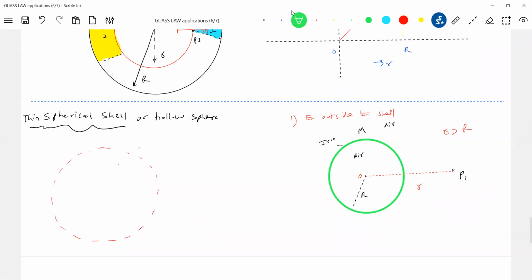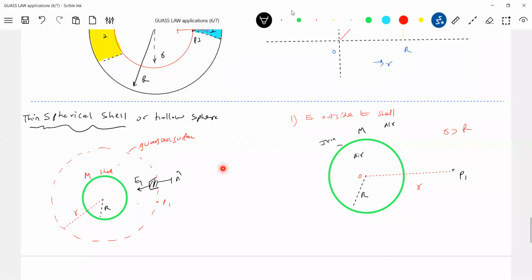There's a Gaussian surface, and this is the shell, and this is the radius r. Now what is that red dotted line? It is the Gaussian surface, and this is the shell. Agree? So where is our point P1? It lies here. Then on the Gaussian surface we assume a surface element, and n cap will come like this. E1 will come. E1 or E out, anything you can call it. Let me write E1 in this case.